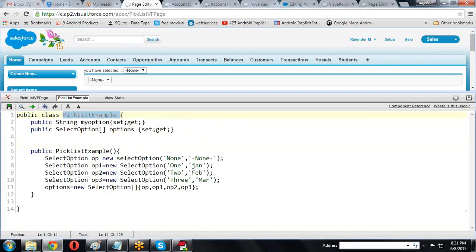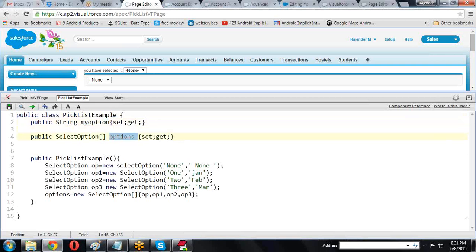Here I created one Apex class. In this, one variable is options. The options is of select option type. That means the pick list items are being created in the Apex class. Select option, here this is a constructor. What is this? This is a constructor. The Apex with pick list example is nothing but the constructor. In the constructor,